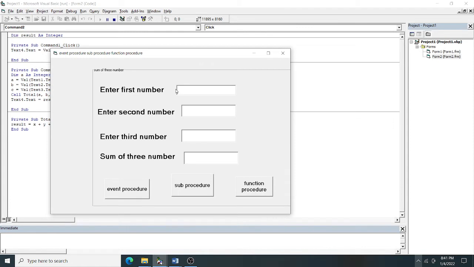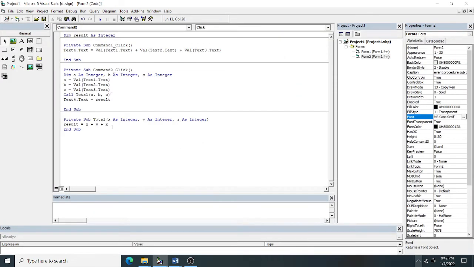So this is your, suppose, 20. This is your 30 and this is your suppose 40. What answer will come? It will become 90. Is it coming or not? Sorry, it will come 70. 30 plus 20, how much? 50. 50 plus 40, how much should come? It should come 90. But why is it showing this? What is the mistake? Here again one more mistake we have made. X plus Y plus, it should be Z.